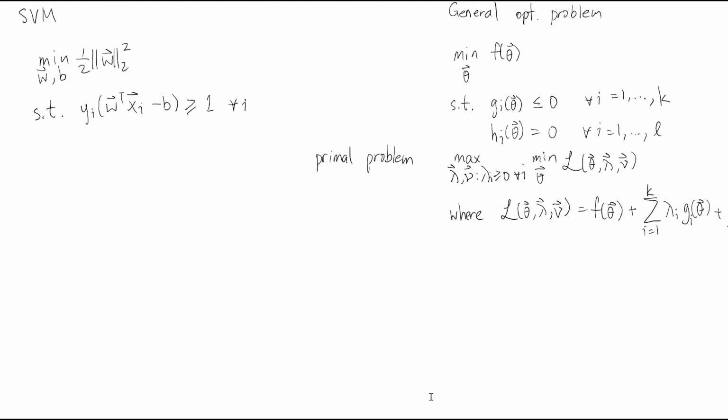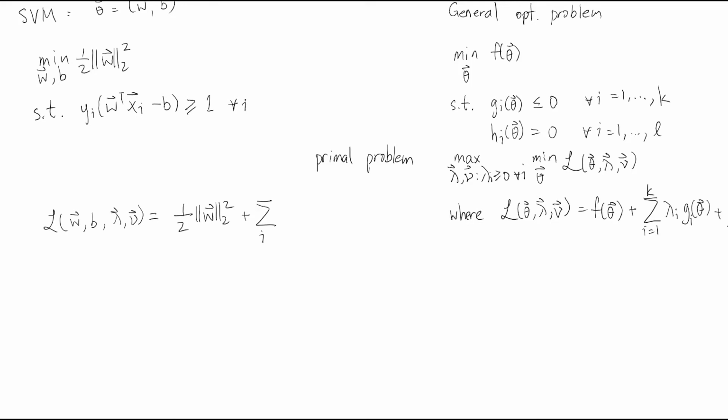Okay, so now we're going to apply the same thing to the SVM. For SVM, we have theta, which is equal to all of our parameters. So that's going to be W and B. Now let's construct the generalized Lagrangian. For SVM, the generalized Lagrangian will be a function of theta, which is W and B, and also lambda and nu. And it's going to equal our objective plus